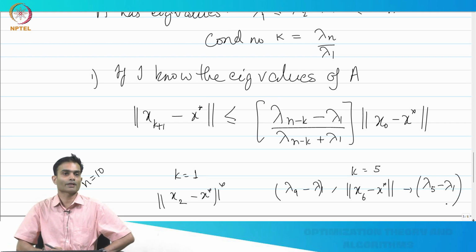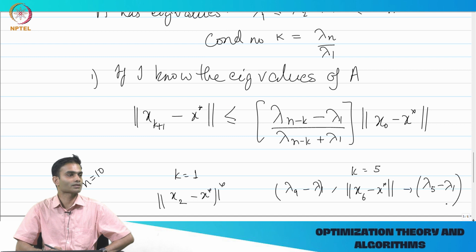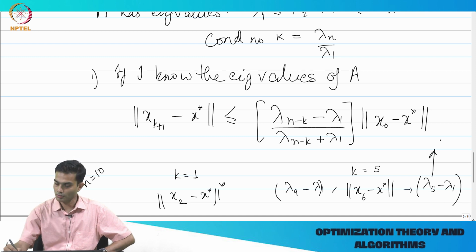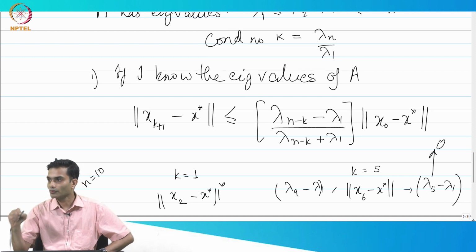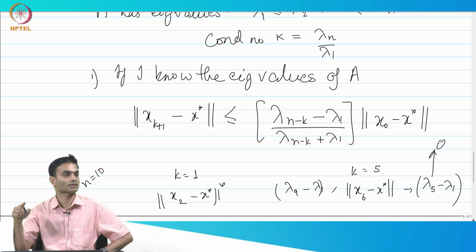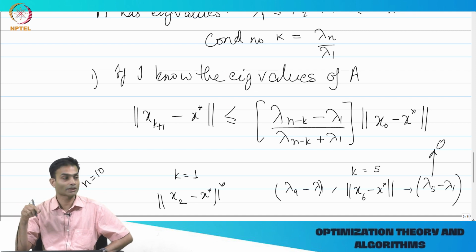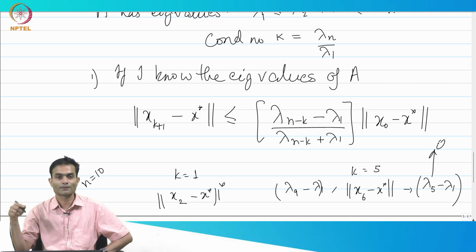I have 5 repeated eigenvalues to start with. What is lambda 5 minus lambda 1? Right, 0. So boom, by step 5, at k equal to 5, x6 minus x star is less than or equal to 0. So if I have repeated eigenvalues, that's where this at most n steps result gets invoked,